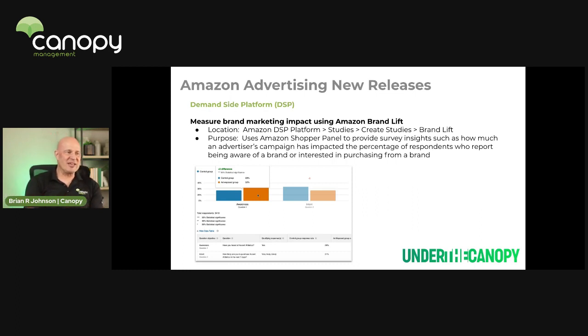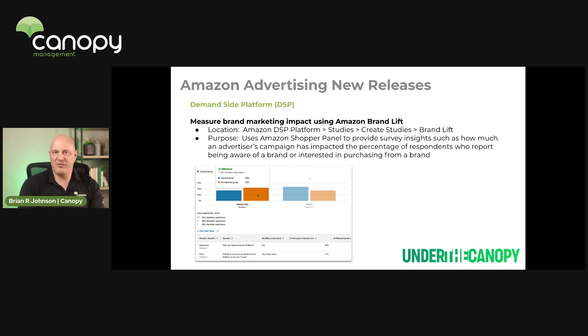It uses what they call the Amazon Shopper Panel to provide survey insights from your target audience, to see how much the advertising campaigns you're running impacted those who completed the survey or responded to the request for the Brand Lift surveys, so that you understand: